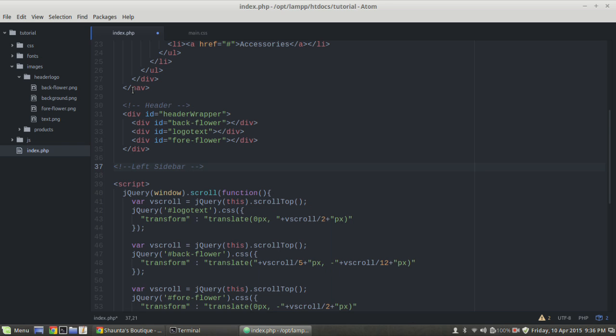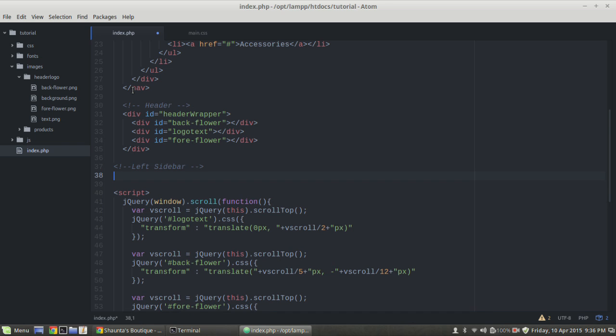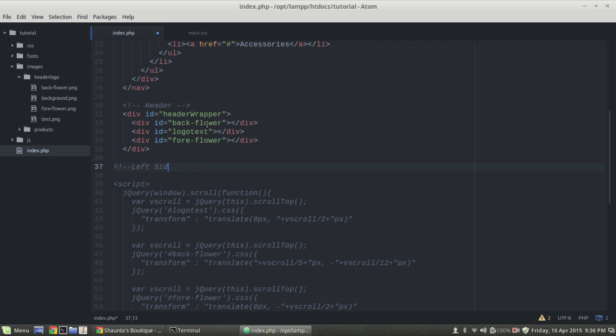And for the left sidebar we're just going to do a div. Actually, before we do that, we need to wrap this entire page,